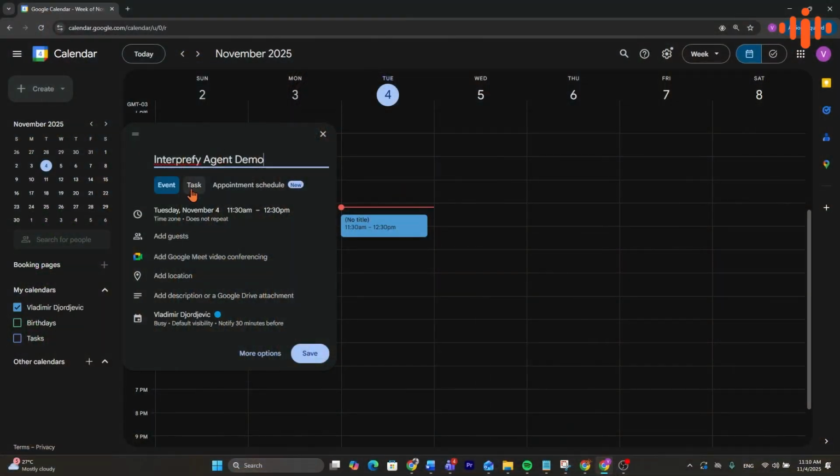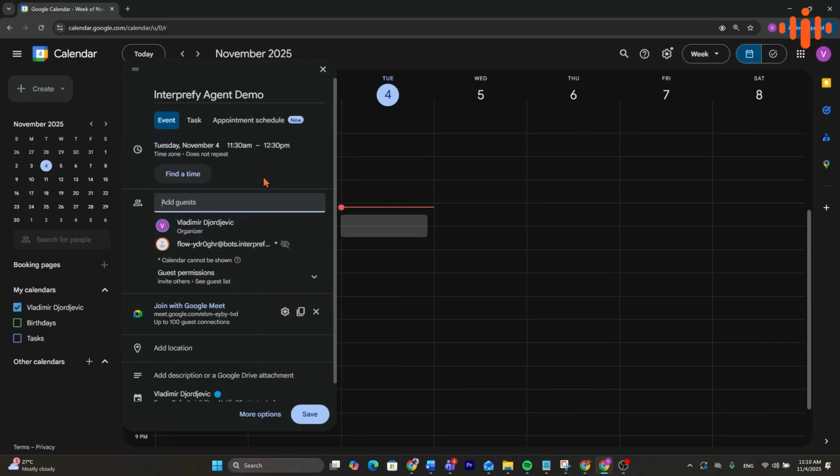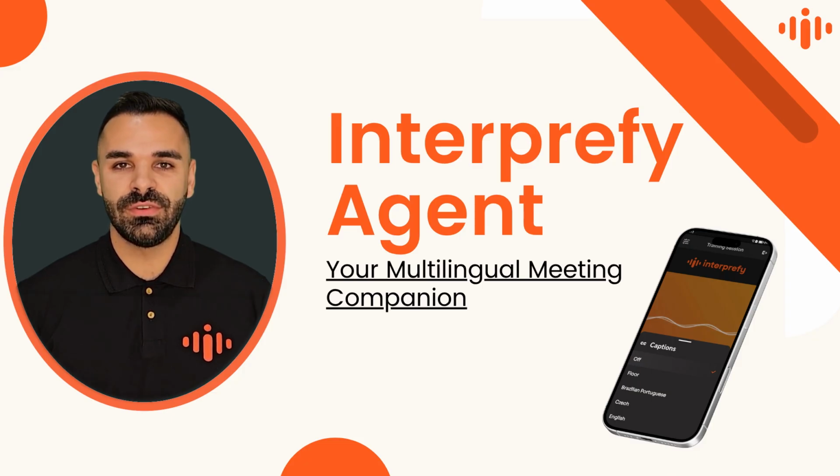Ask your Interprefy project manager for a dedicated Interprefy Agent email address for your meetings. You can use this address anytime to set up a multilingual Google Meet session. Simply invite your personal Interprefy agent, available 24/7, just like you would any other meeting participant. Please note that the Interprefy agent can only attend one meeting at a time, so make sure your sessions don't